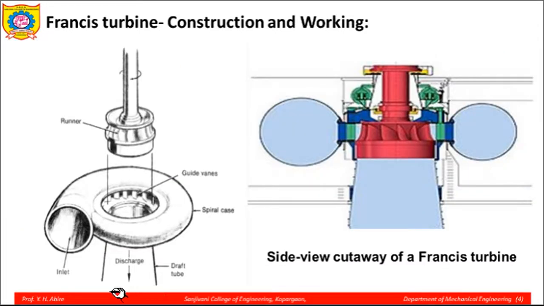Okay, we will see the importance of all these parts and why they are so designed. So this is the inlet over here. This is a spiral shaped casing. You can see it has a spiral shape, and the cross section of the scroll casing goes on reducing in the flow direction. Okay, that's why the name scroll. Then there is a row of guide blades. These are guide vanes. Then centrally there will be a runner. So this is a runner. Okay, as you can see over here, this is the runner, and the water is then discharged through the draft tube.